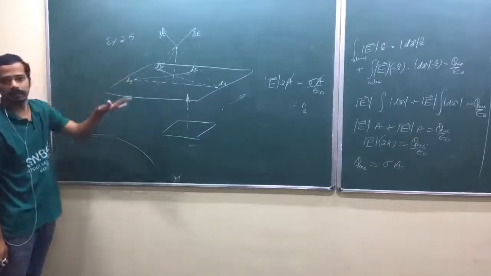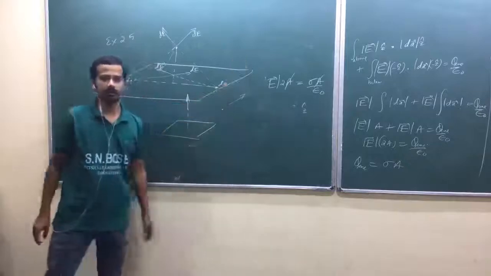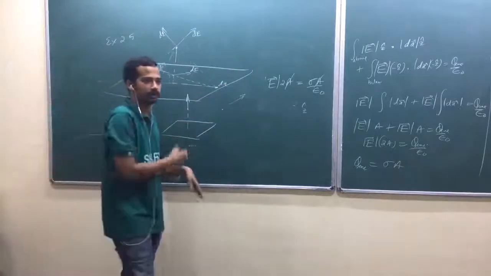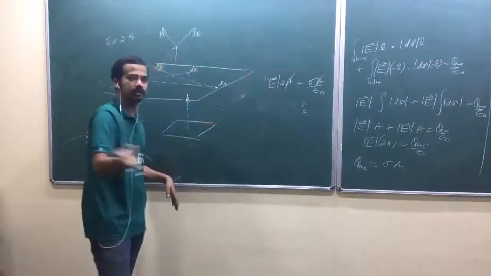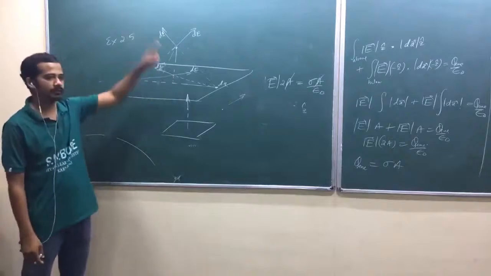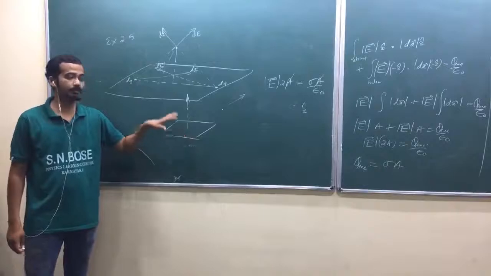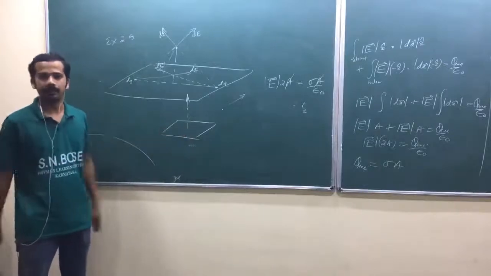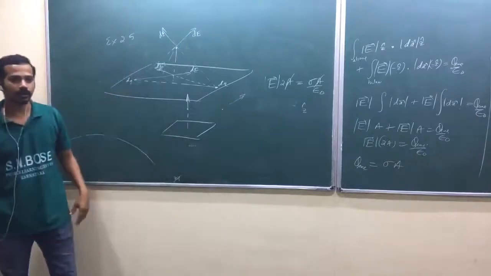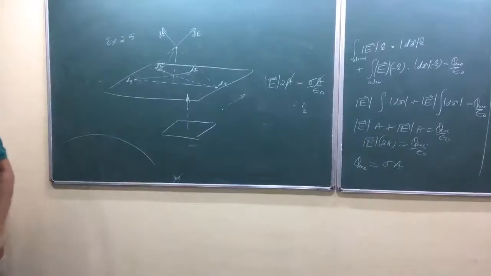But it is an infinite plane imagination. Wherever you go, the electric field is away from the plane. That we can argue like that. Am I right? Are you getting my point? Wherever you go, there is plane in all directions, of infinite extent, and you can say the electric field is away from it. But you can't argue the same thing for a finite plane. That's why for a finite plane, we can't use Gauss law. Gauss law is true, but we can't use it to find the electric field. Is that clear? Yeah.